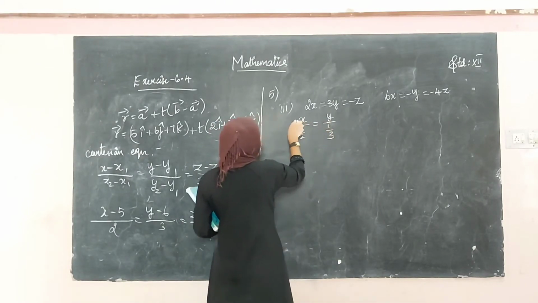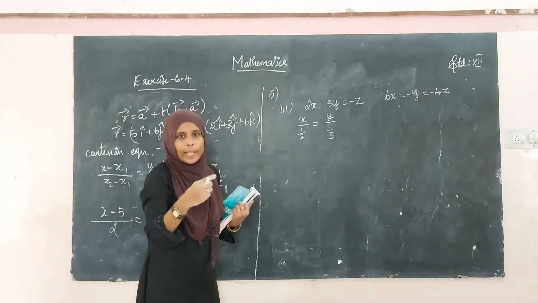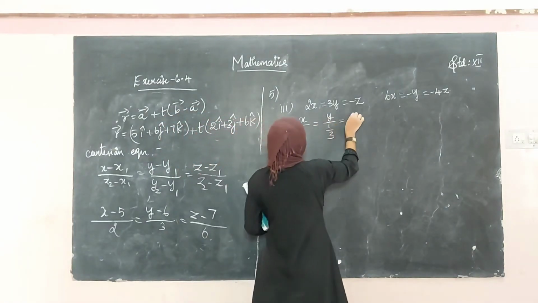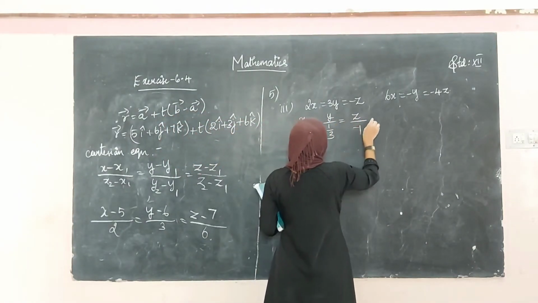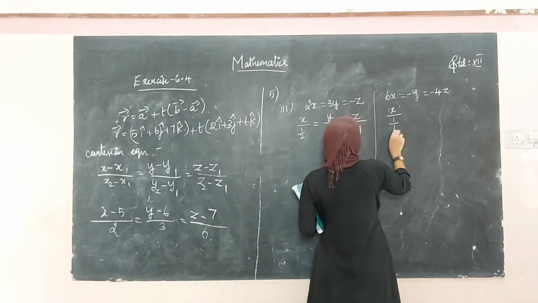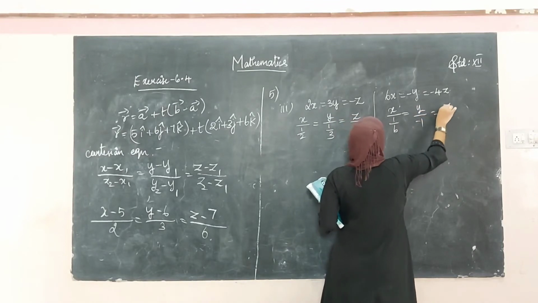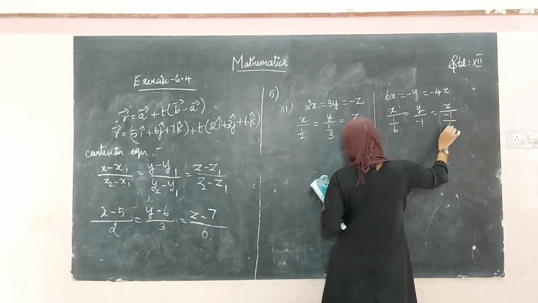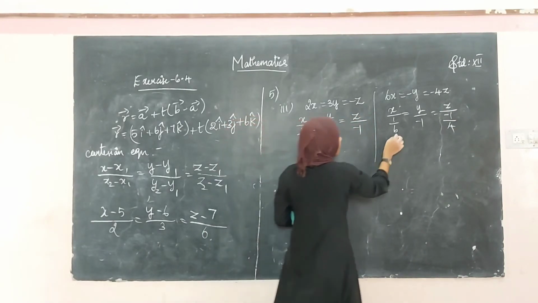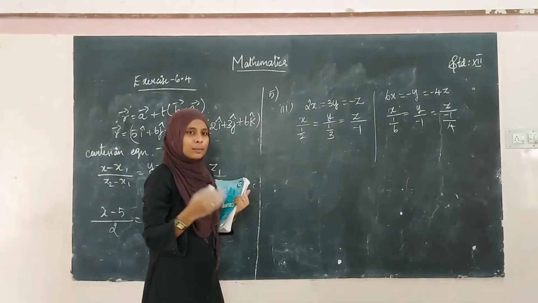That is, above, everything should have the first term as x, not 2x or 3x like that. So x equal to y equal to z equal to minus 1. And then what about this equation? This equation will be x divided by 1 by 6 equal to y divided by minus 1 equal to z divided by minus 1 by 4. Okay, this is b1, b2, b3, this is d1, d2, d3. Using that we can find the vectors b vector and d vector.